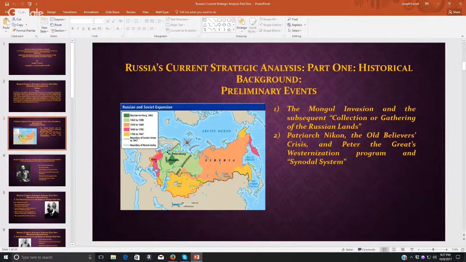This is the famous patriarch of Moscow, Nikon, who, given the new status of the Russian Empire being the continuation of the Imperial Orthodox Christian Empire, decided that he wanted to bring Russian ritual church practice into conformity with that of the Greek church. And because of this, he provokes a